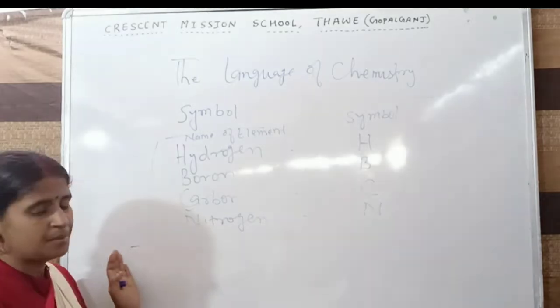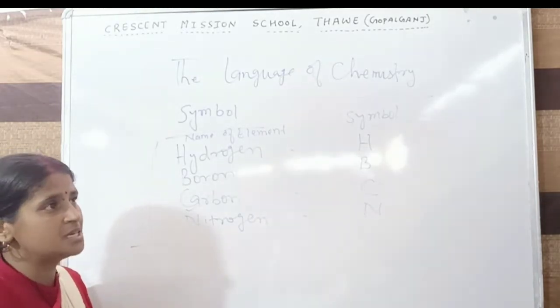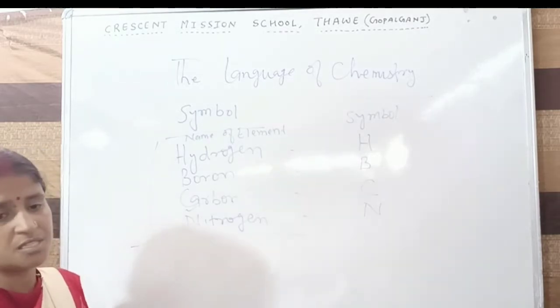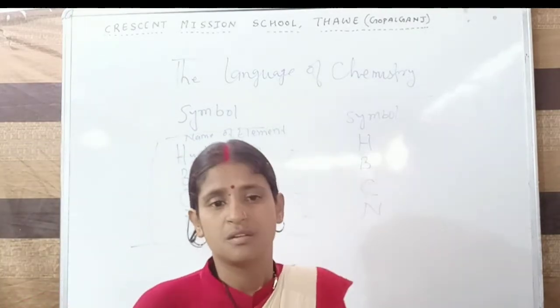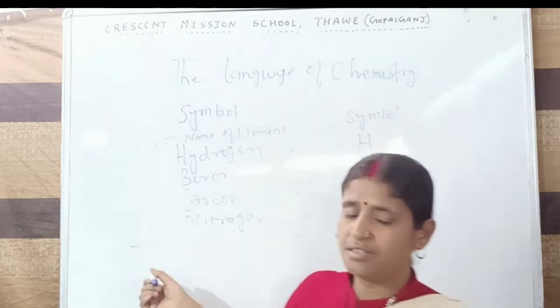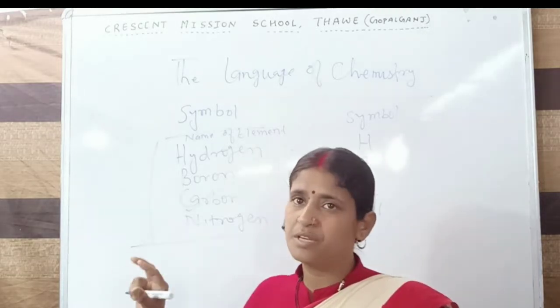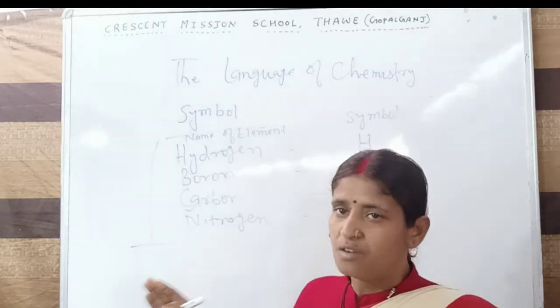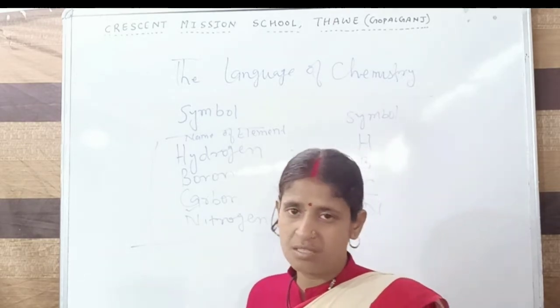So whenever more than one element is derived from a single letter, at that time we have to take the first letter and one more letter just after that letter